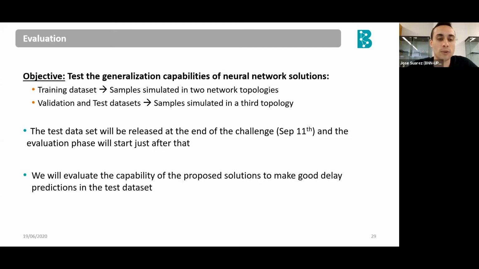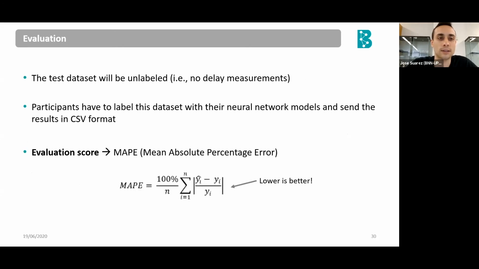So we will particularly evaluate the capability of the proposed neural network solutions to make good delay predictions over the test dataset. To this end, the test dataset will be unlabeled, which means that it won't contain any performance measurements, including the delay measurements that your model needs to predict. And the participants have to label this dataset with their neural network models and send these labels in a CSV